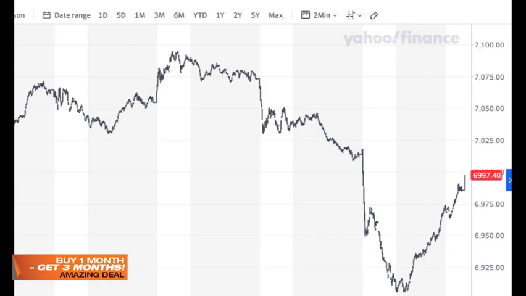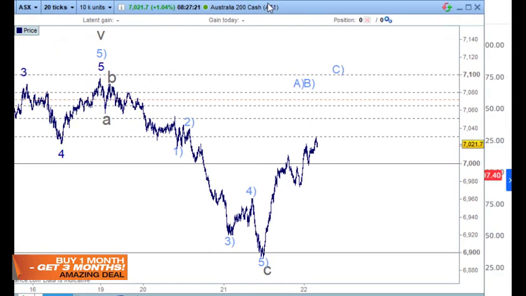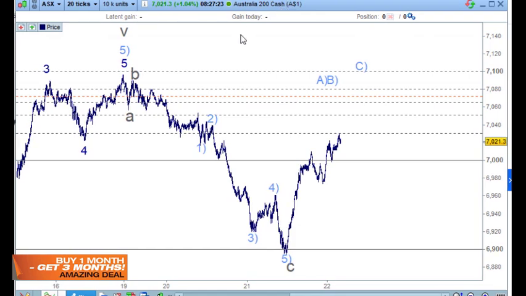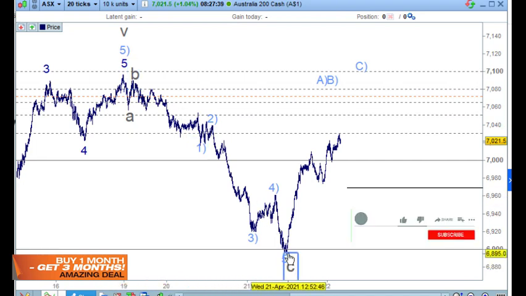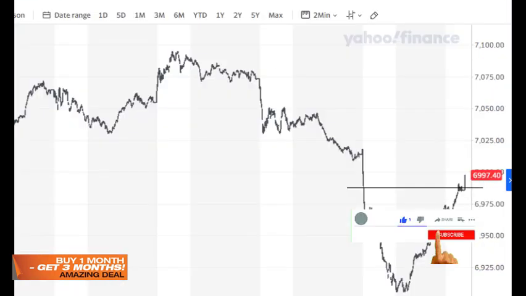The only way I can get it to be 3 waves down is on this little chart here, where from the top here I look at it as an A wave and a B wave there, and then 1 and 2 and 3 and 4 and 5 for wave 1 and 2, and then 1, 2, 3, 4, 5 for 3 and 4 and 5 to make a C. So an A wave, a B wave and a C wave here. That would also make